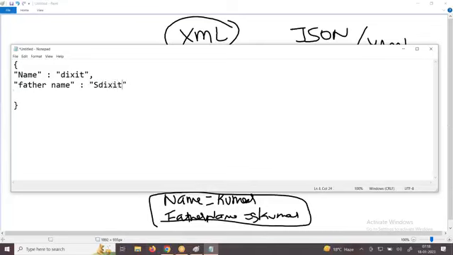Senior Dikshit. Fine. Now I'm asking, hey Dikshit, what are the cars you like? Is it one car or multiple cars you like? Multiple cars. Like I'll ask you, hey Dikshit, can you please tell me what are your favorite cars? Three cars. It is not one. What is your name? Only one. What is your father's name? One. But if I ask you how many cars you like, multiple, right?